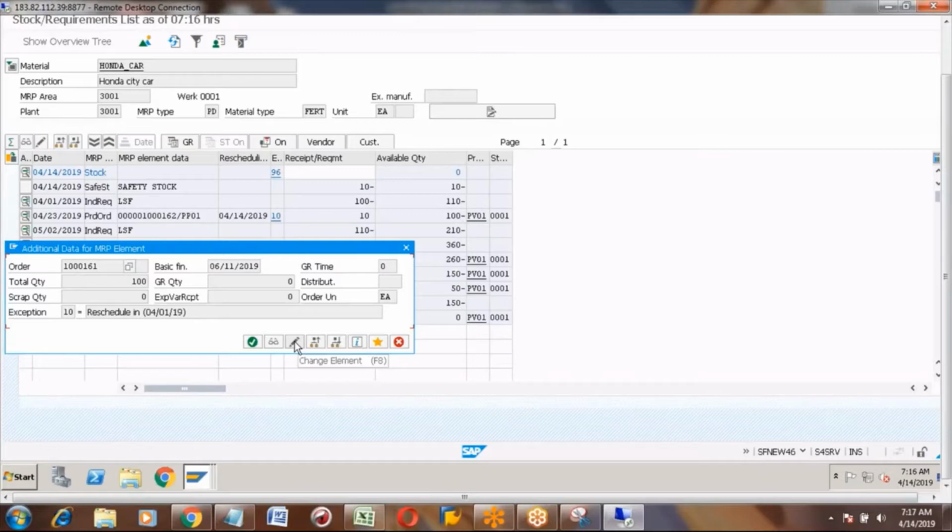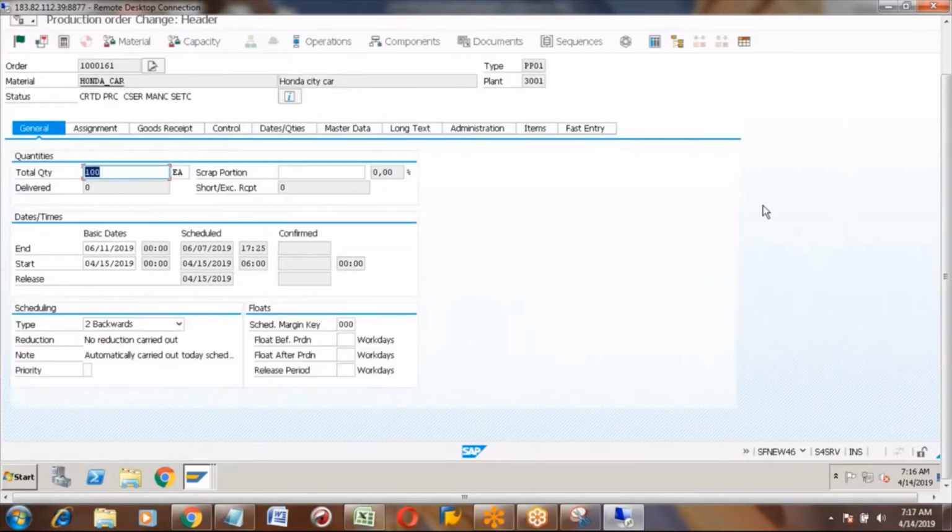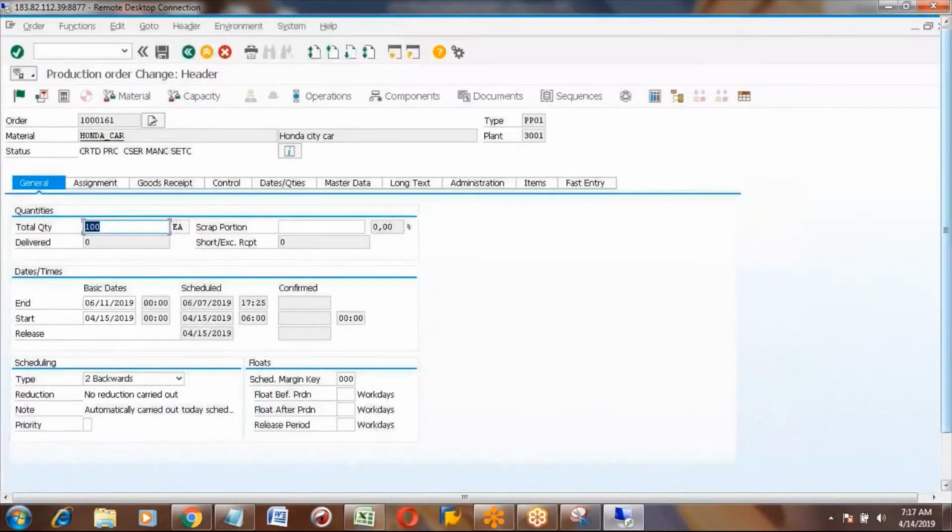Click this button. So here you can see production order change header.